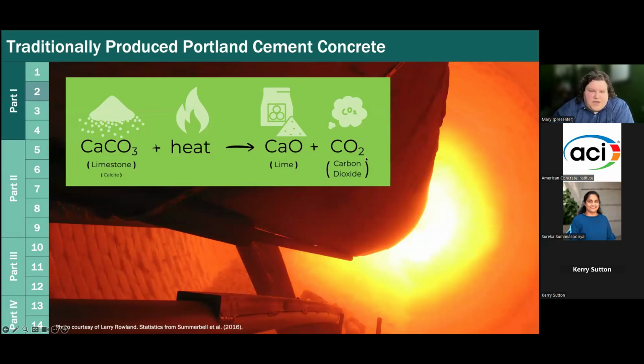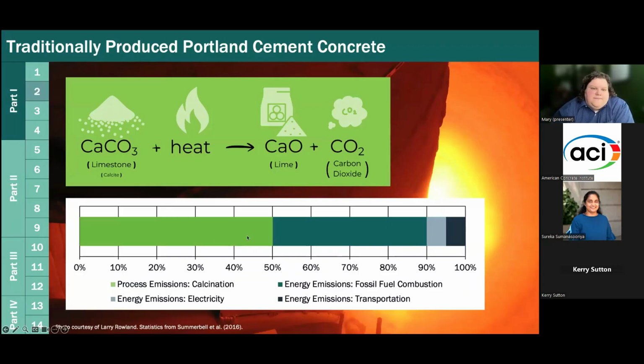The other part comes from, well, how do you get this flame to be so hot? You need fuel, and so combustion from fuel accounts for a large part of the rest. Here's a breakdown, from 0 to 100%. This is that 7 to 8% global anthropogenic CO2 we're talking about, or a big chunk of it. You can see the green here, roughly 50%, give or take. You could ask 100 people and get different numbers, but they're pretty close. That comes from calcination, the reaction where the calcium carbonate is heated up and broken into calcium oxide and CO2. About 40% comes from fossil fuel consumption, or combustion, in the kiln, and 10% comes from electricity or transportation.